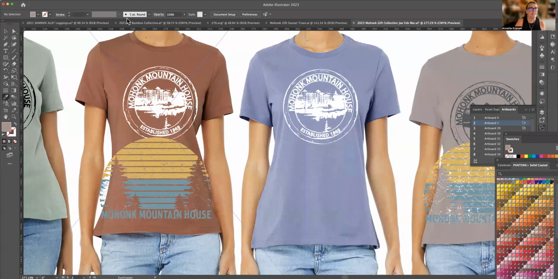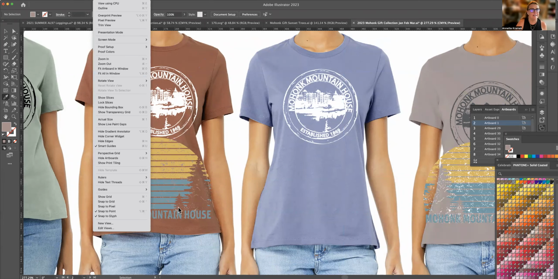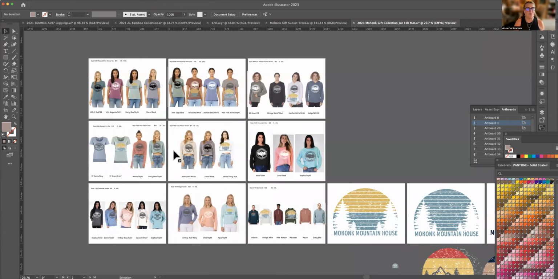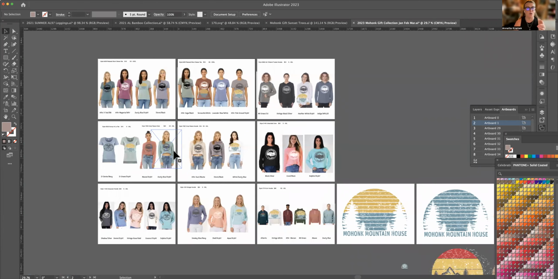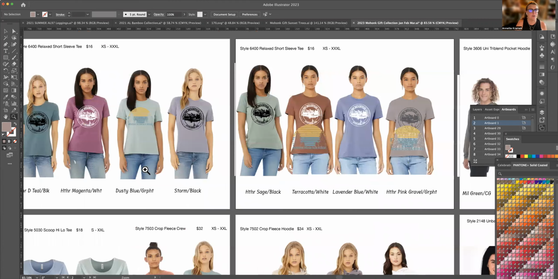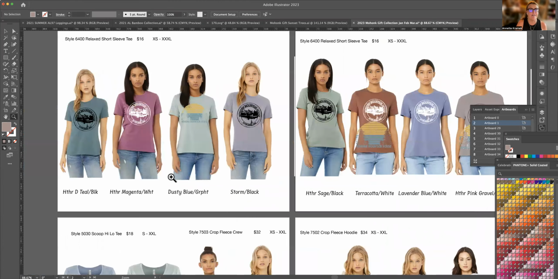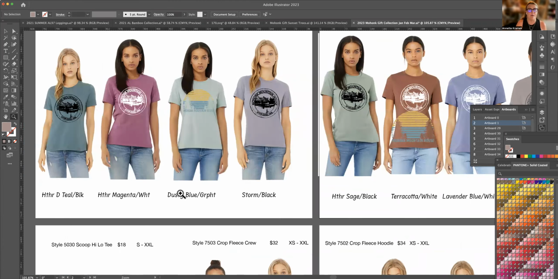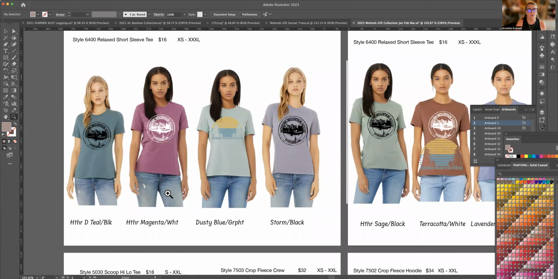And here we are. So let me fit all in the window. This can be kind of confusing at first. There are several stages that I go through when you're my customer. And I'm going to blow this up. So here, this is for this beautiful customer we have. They are called Mohawk Mountain House, and they're in New Paltz, New York, like incredible property on a lake in